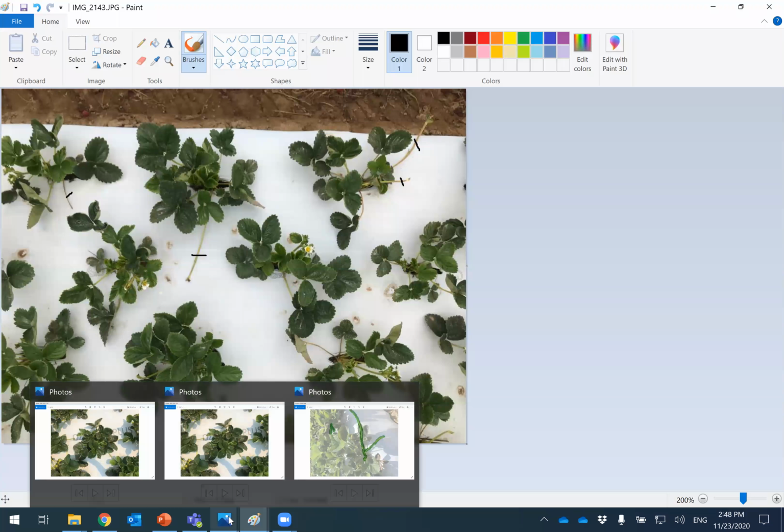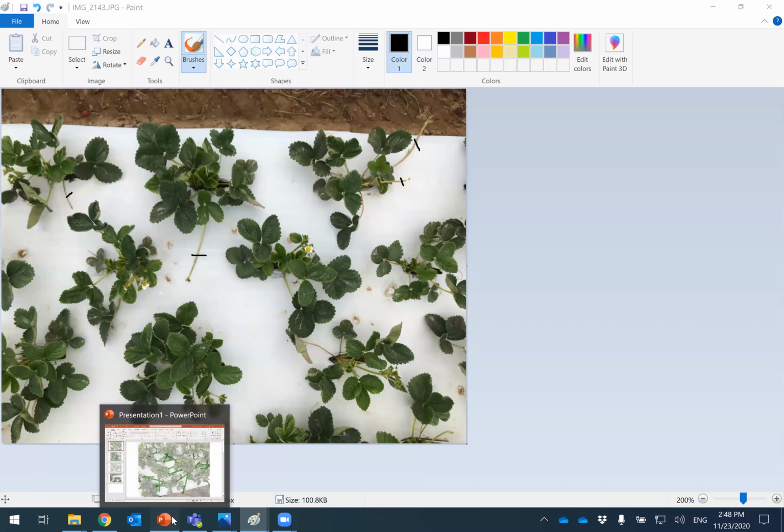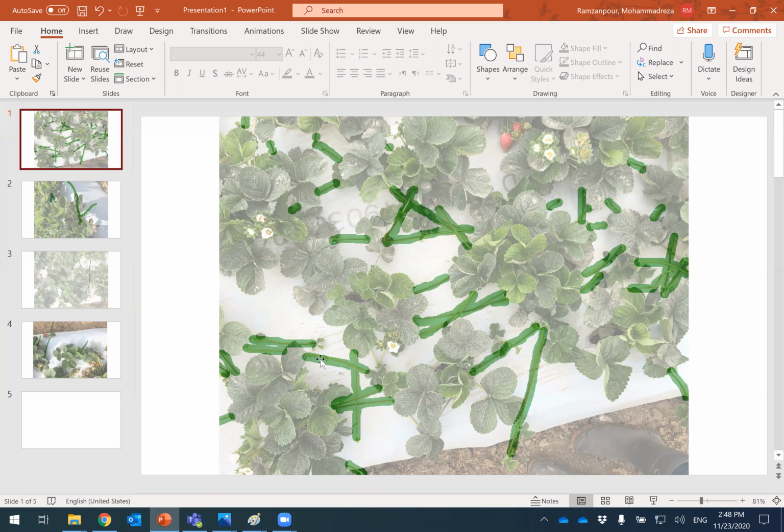From the labeling perspective, I just want to show you some good examples and bad examples. As you can see, this is some labeling job done in AWS SageMaker. This is not a good example. This is a very bad one. As you can see,